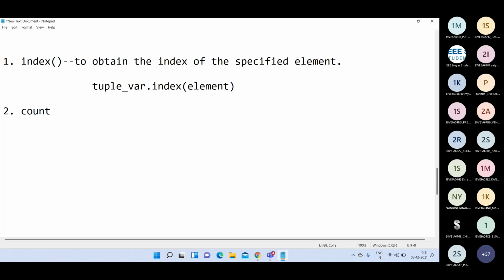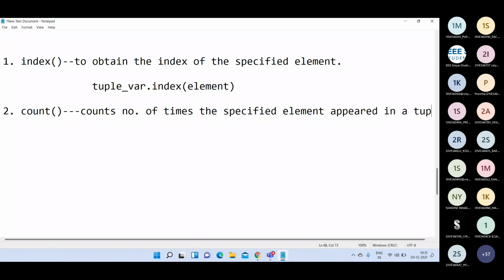Then the second one is count. This count method we have already used in string objects as well as list objects. What is the purpose of the count function? It counts how many times the specified element appears in a tuple.